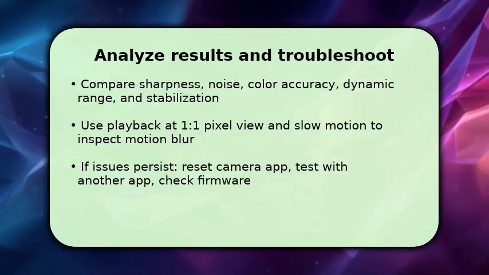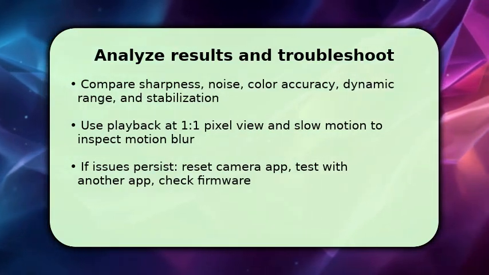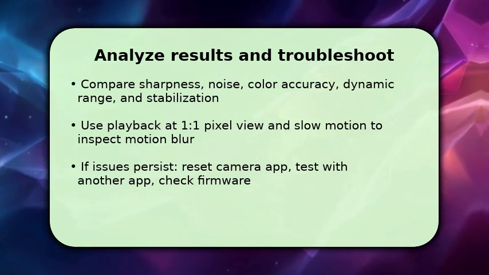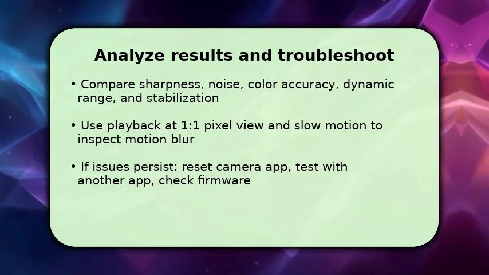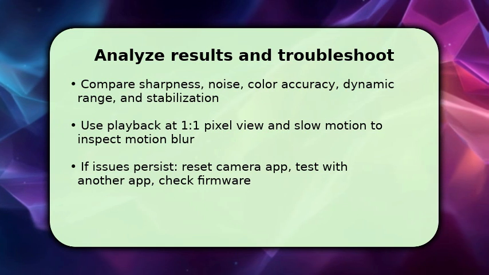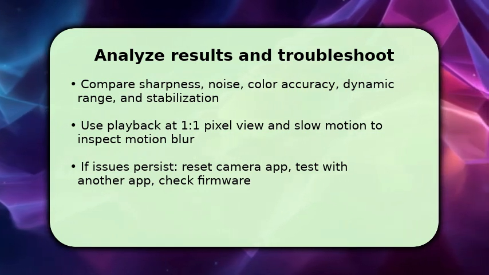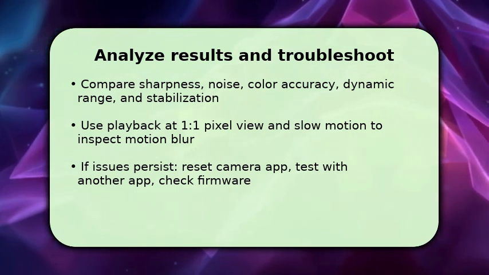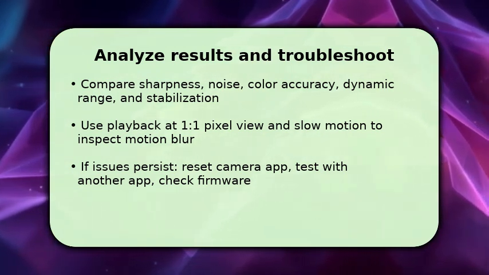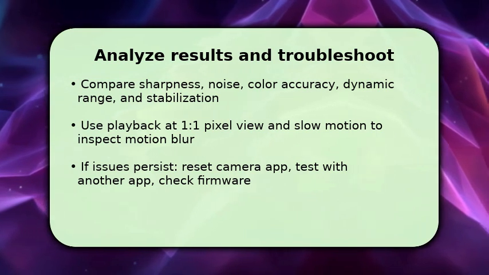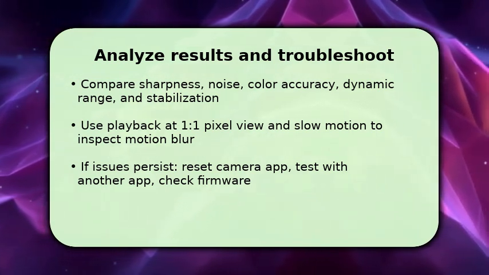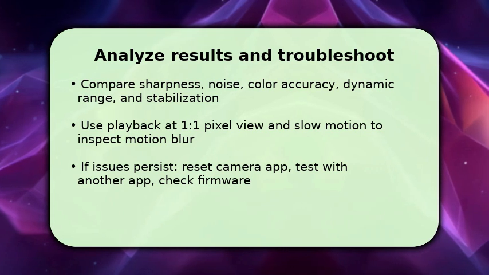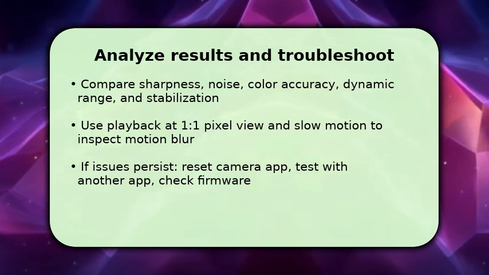Play back clips at 1:1 pixel scale and in slow motion to judge sharpness and motion blur. Check dark shadows and highlights for dynamic range and review color accuracy under neutral lighting. If stabilization jitters or focus hunting appear, try a different camera app, reset app settings, or update phone firmware. If noise or exposure remains poor, repeat tests with manual exposure adjustments and verify there is no